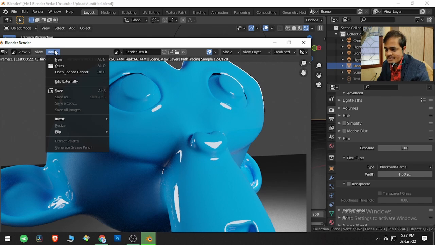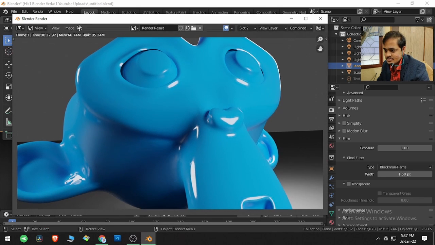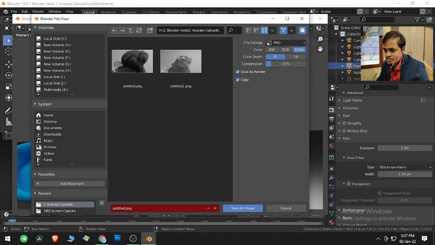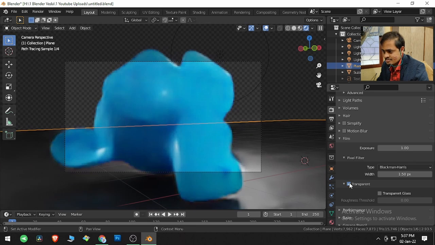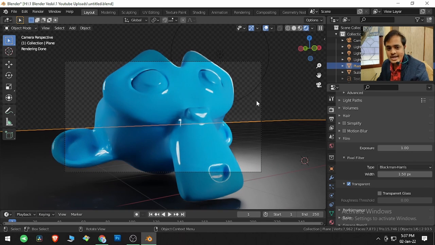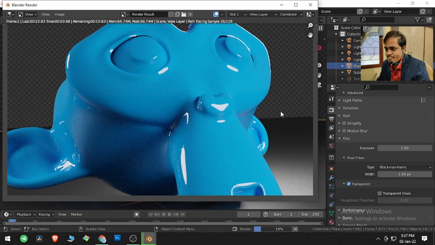So what I am trying to say is that if I save this image, let me save this image to desktop, and okay, and then if I tick this on, you see you get this black and gray checkerboard. This indicates that there is nothing there, nothing will be rendered. And if I render this image now, it will render this image without this background.